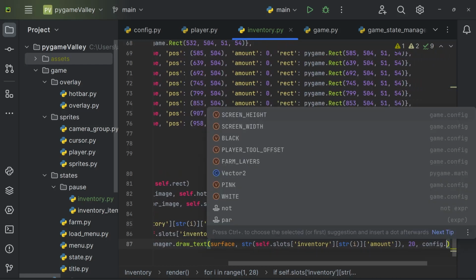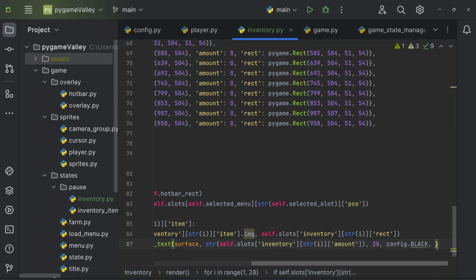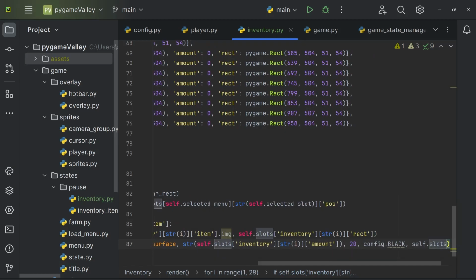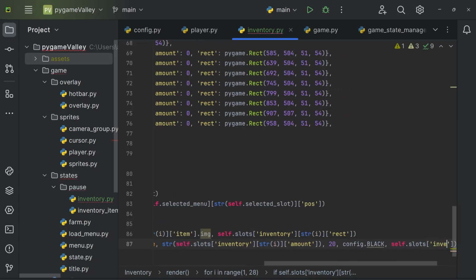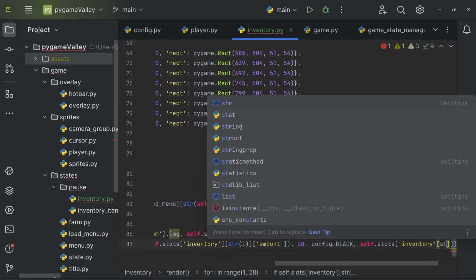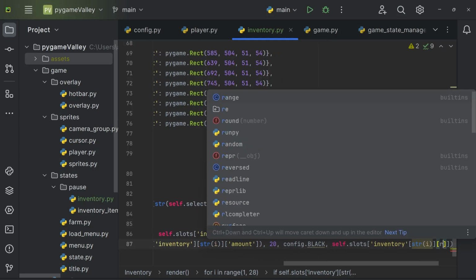Color is config.black. And then the position, the X and Y, we're going to do the bottom right of the rect, but we're going to move it up and to the left a little bit. So we're going to do self.slots inventory and then string i and then rect